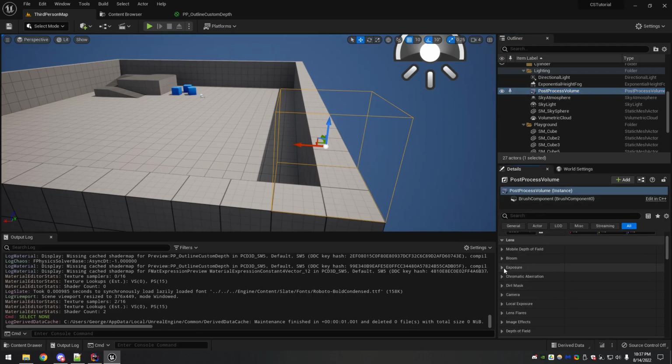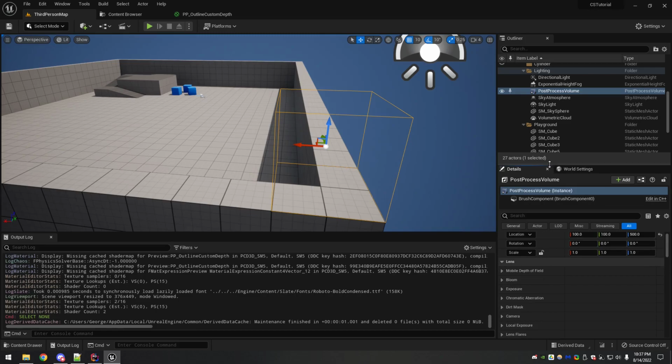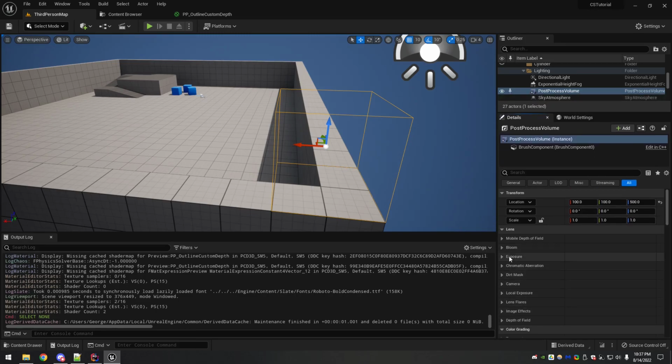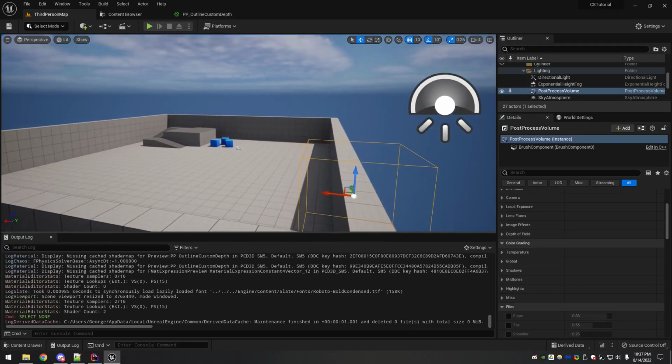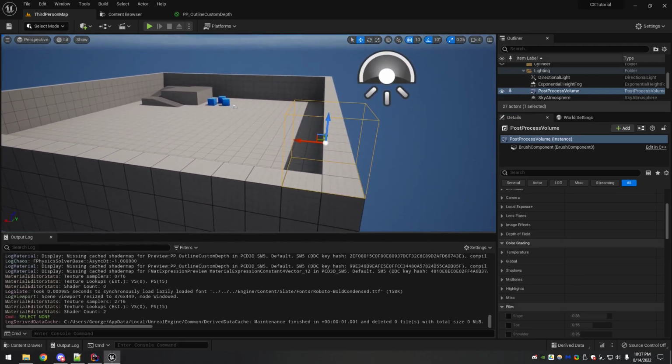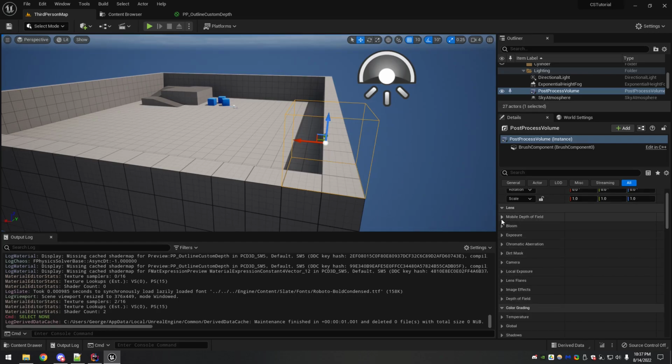So there's an extent setting for a post-process volume to basically be infinite. And that's what they've done here, because you can customize it, right? You can have a specific area get post-processing, in which case it would just be the contents of the cube, or you can set it to unbounded, and then it covers the entire game world no matter how big it is.